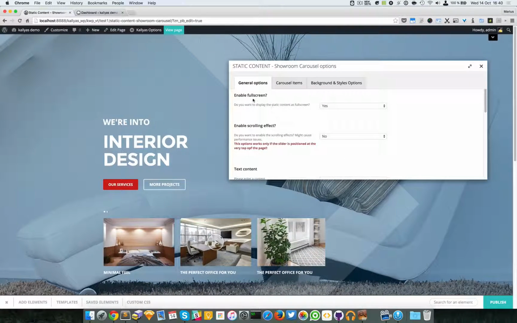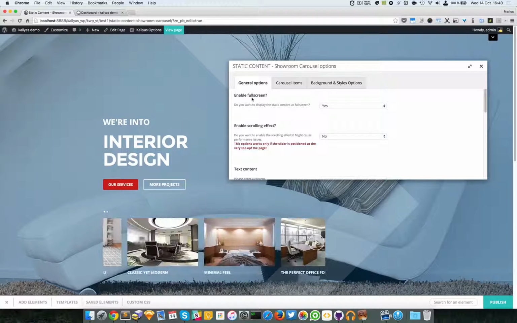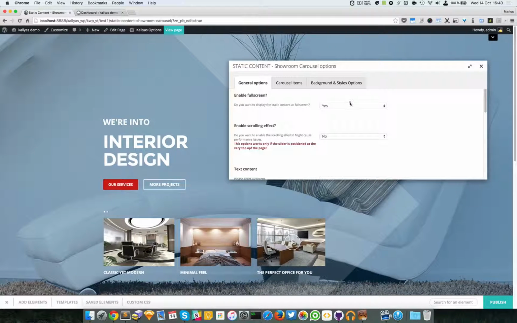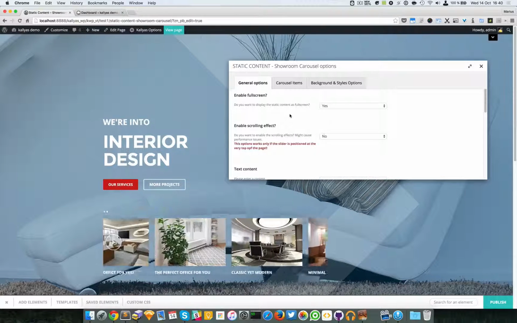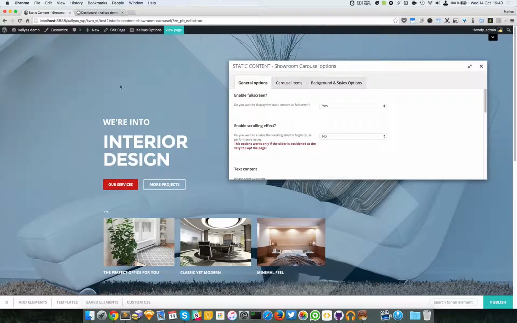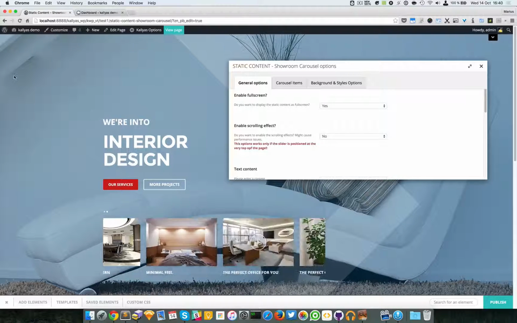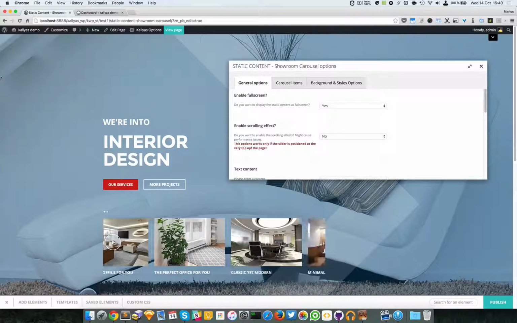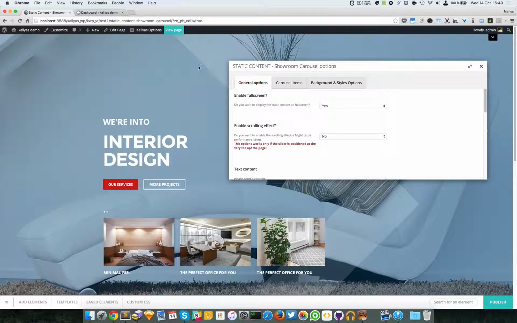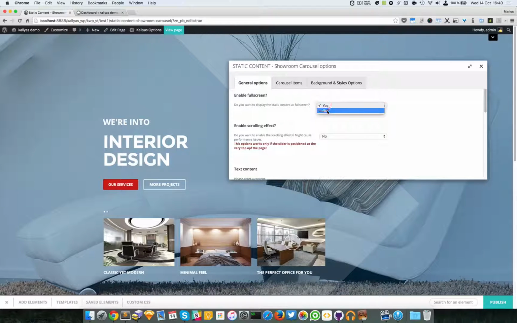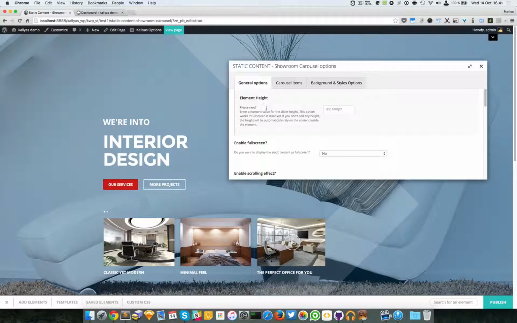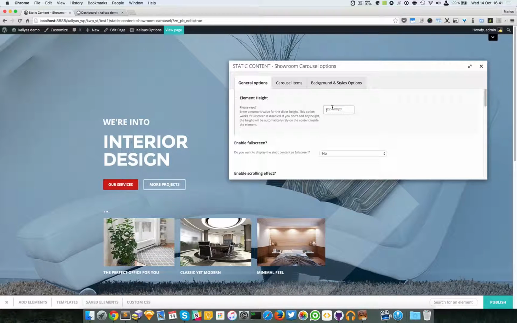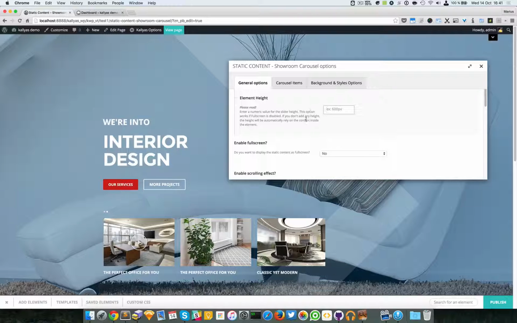So as you can see, we have the option whether we want to have a full screen or not. Currently it is full screen. Now by full screen I mean full height, because this static content slash hero scene is actually full width, so of course you want to make it full screen too. Now if we disable this option, we can customize the height of the element, which is 600 pixels by default. So it's up to you